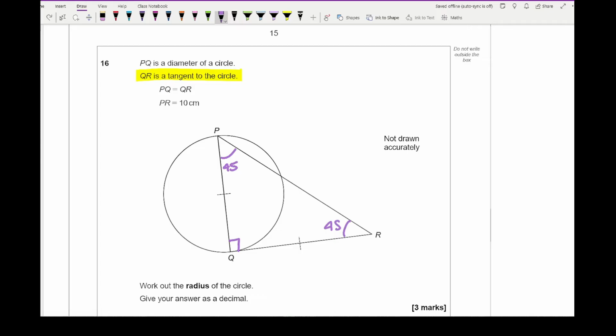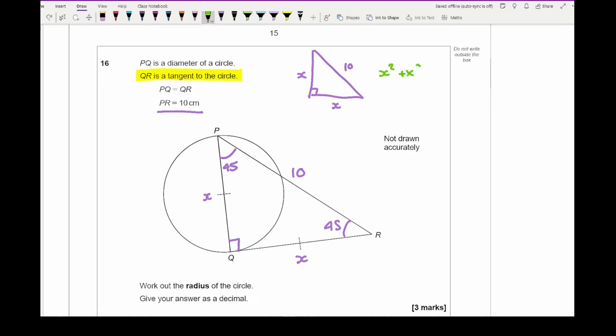Now from that we can then see we've got a right angle triangle, we've got this side which we're going to call PQ, which I'm going to call X, so therefore this is going to be equal to X because it's an isosceles triangle, and we know from the question that PR is 10 centimeters. So from this, hopefully what you can spot is we've got a right angle triangle, we've got sides of the triangle which is 10. So I'm going to use Pythagoras to work out what X is. So I've got X squared